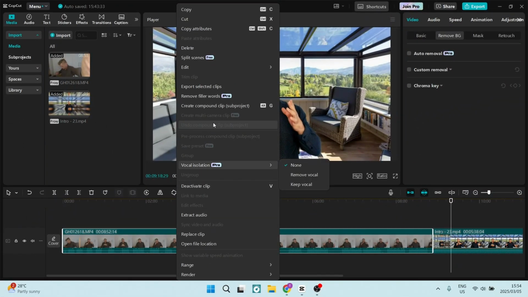You can't extract sound. So if you right click on a video clip like this, you'll see everything where it says Pro next to it. It doesn't exist anymore if you're not signed up to the Pro version. So removing filler words, split scenes, vocal isolation, there are some others over here. So basically these are all of the features that I kind of need on an everyday basis, but there is